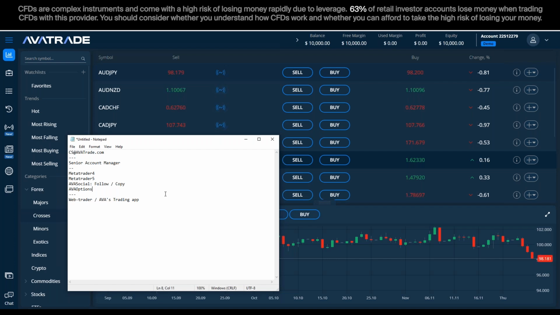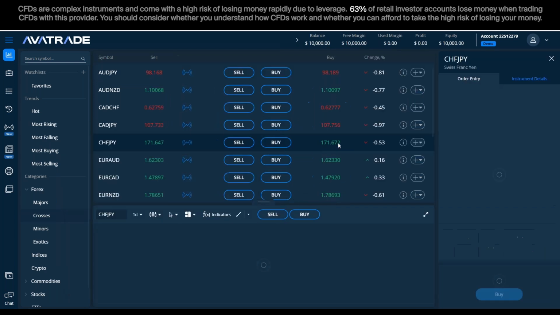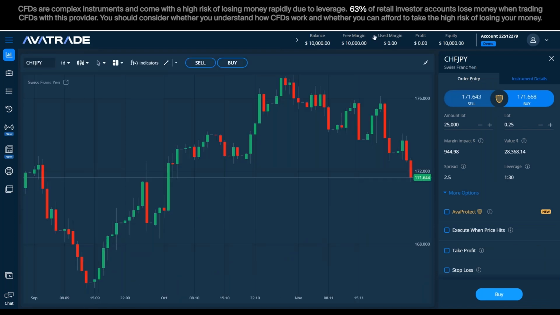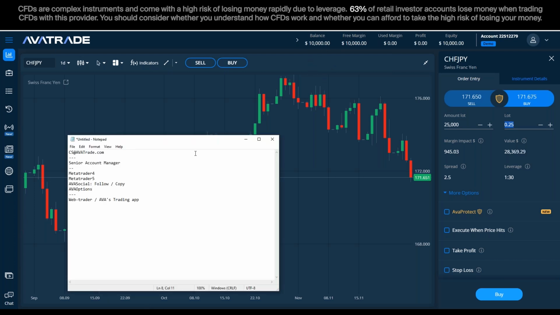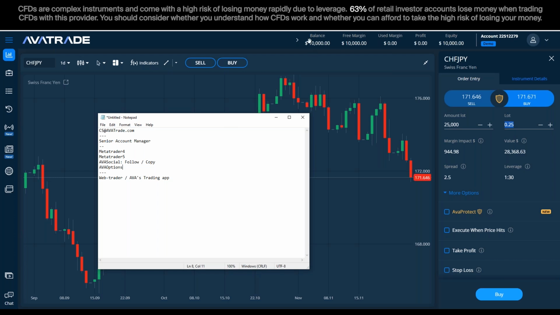It means that my account will trade exactly as the person that I'm copying will trade. However, when using Ava Social, there is a huge benefit that lets you customize the difference in lot size, in case your balance is not compatible with the person that you're copying. Let's say now with this demo we have 10,000, but let's suppose I'm following someone with 50 or with 100,000, and he's taking positions that my account might not withstand in terms of margin.